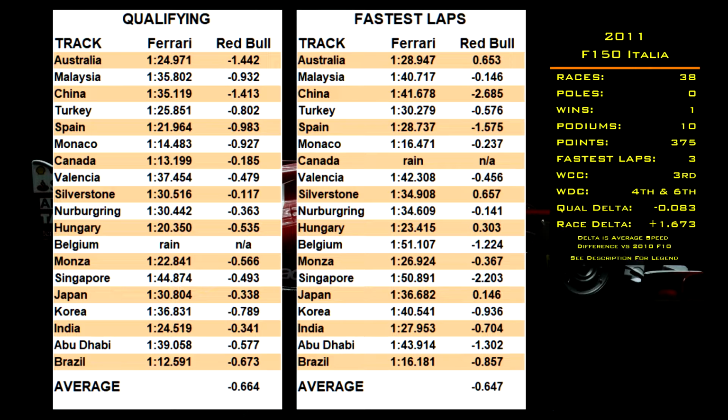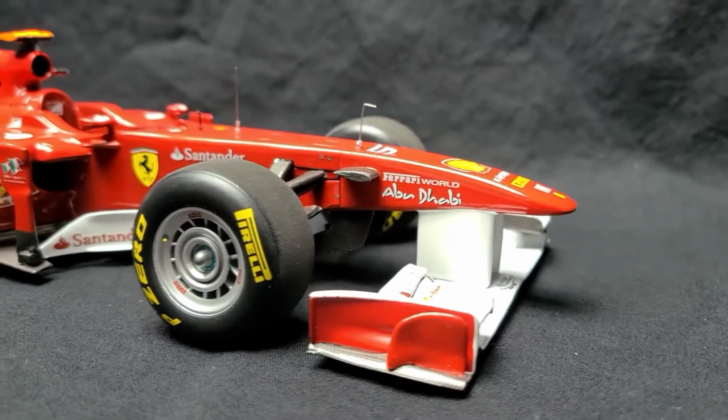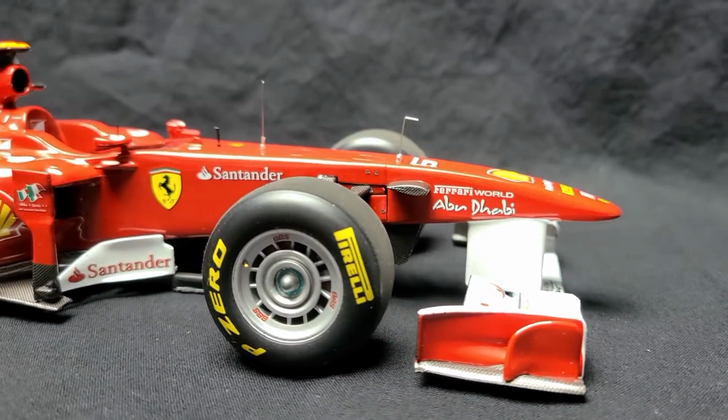Unfortunately, the 150 Italia was not a great performing car. Just 1 win and 10 podiums between the 2 drivers, given the car was over 6/10 slower than the dominating Red Bulls. The model itself has a slightly different shade of red than the 2010 car, but it still looks